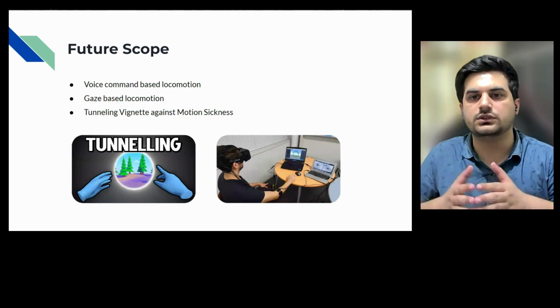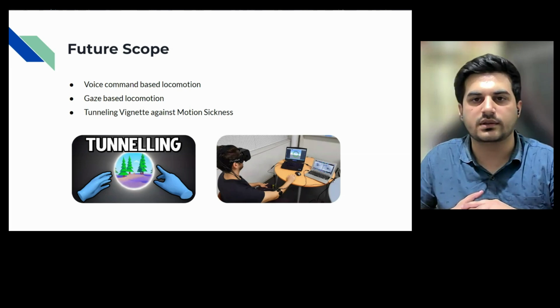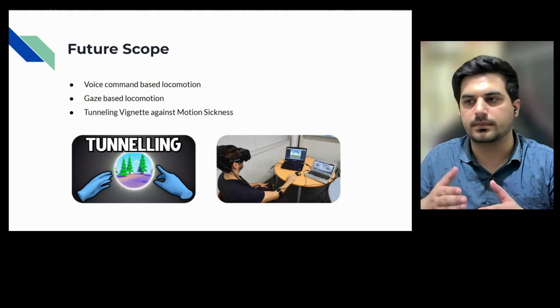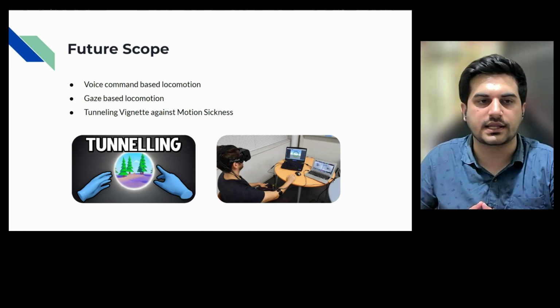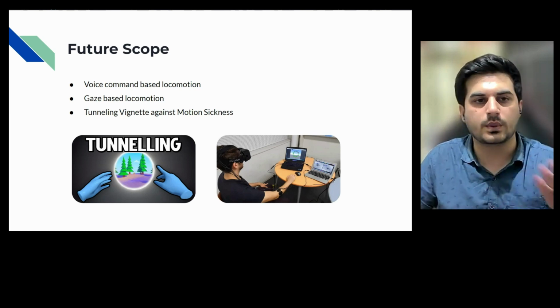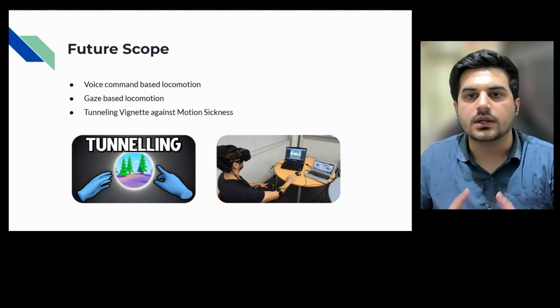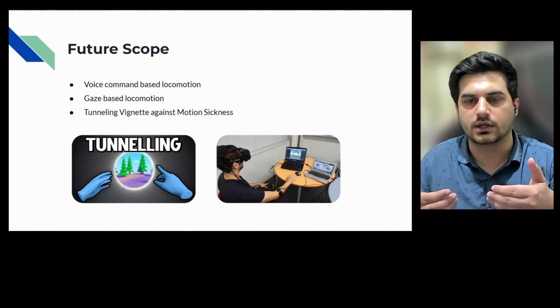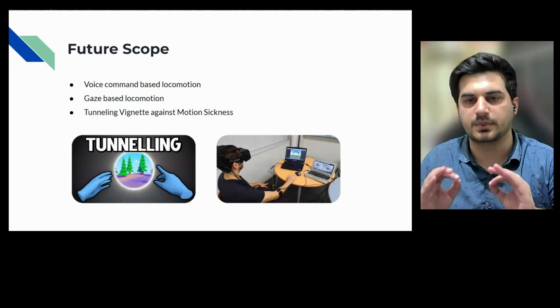So what will be the future scope of this project? We have implemented the basic Meta Quest VRC 8 criteria, but how can we improve? I would like to motivate everyone seeing this video to think about how you can extend this locomotion technique. And personally, I will also be working on these future scope techniques. First is voice command locomotion. Imagine right now you are using a controller, but what if you don't want to, or you can't use the controller, or you can't hold the controller? Using voice command, you can create a completely controller-free experience.